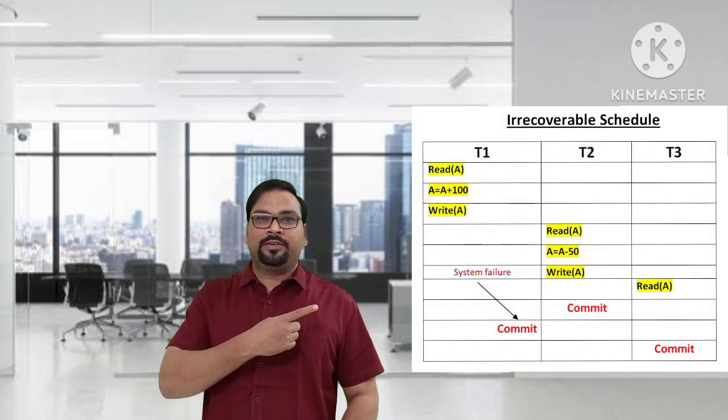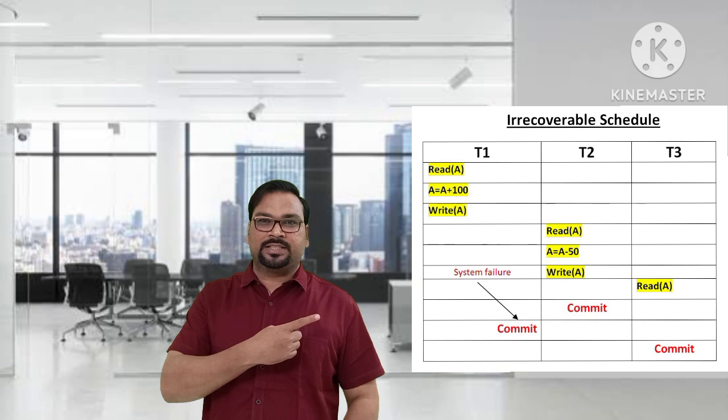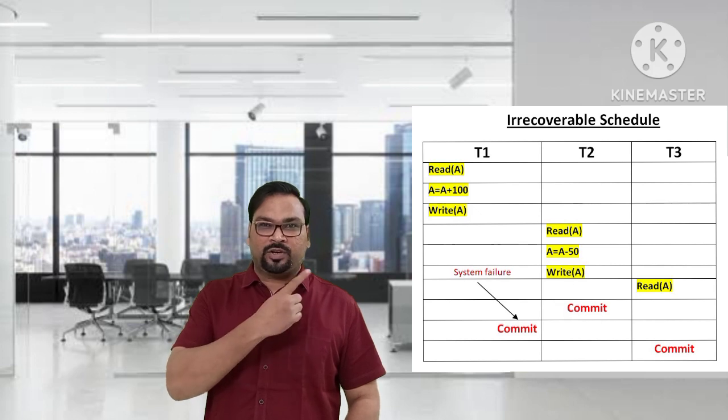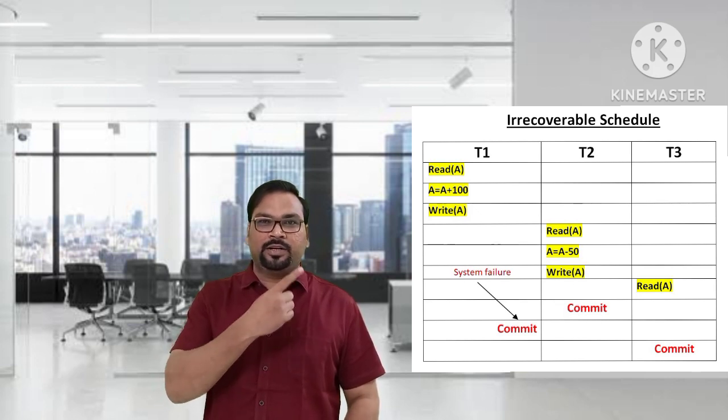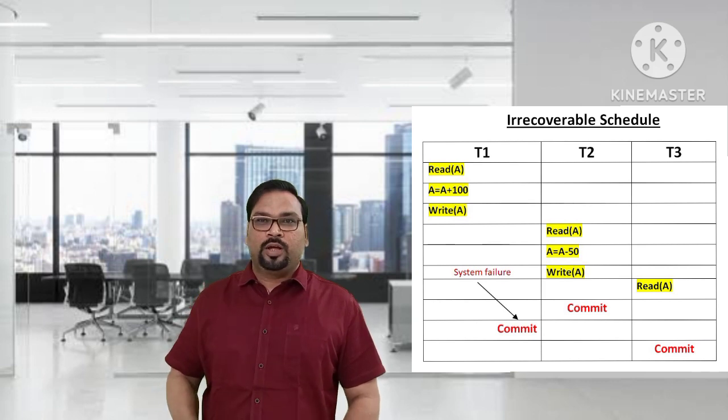Hello dear students. Today I am going to talk about cascadeless schedule. See this schedule. Here we have three transactions T1, T2 and T3. Transaction T2 is dependent on T1 and transaction T3 is dependent on transaction T2 because all are operating on data